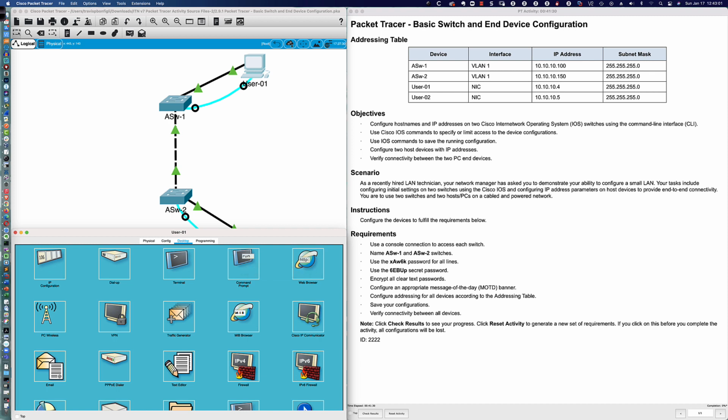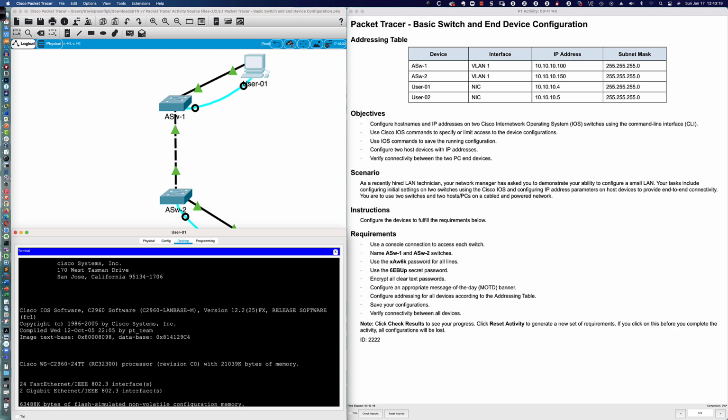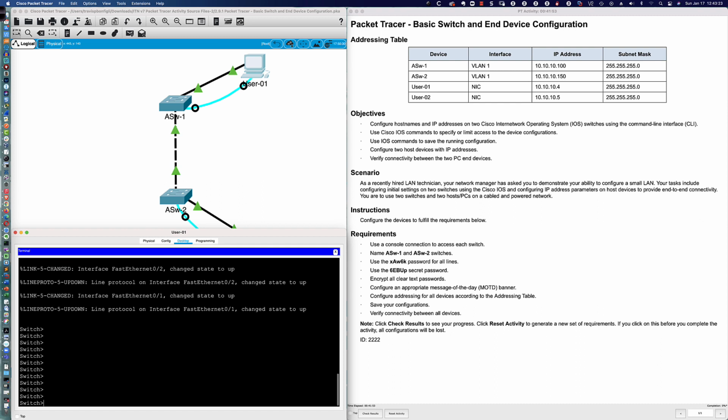You want to come to the terminal, right? And you can see we have some settings here to communicate with the switch device. These are typically the default settings on all Cisco devices over a console cable through the console port. So we'll go ahead and click OK. And now you can see that we are on the CLI for switch